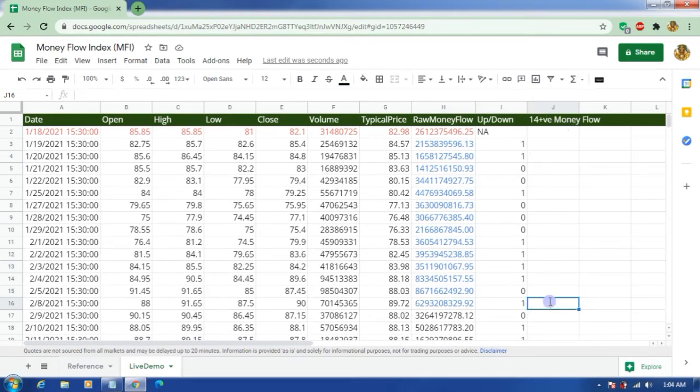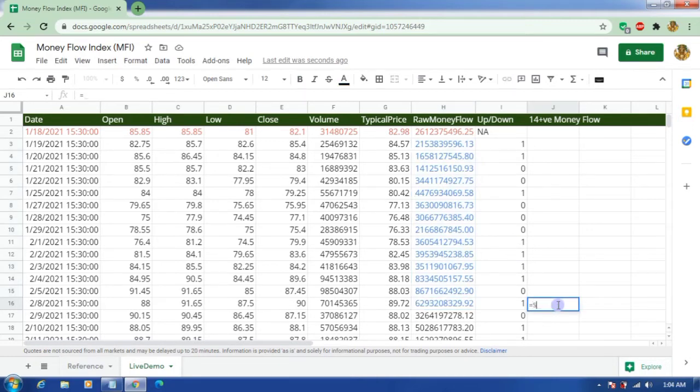How to calculate this? What I will do is sum all of these money flows where the up or down value is 1. I will sum up all the money flows where the up or down column is 1. Let's see how to calculate that.